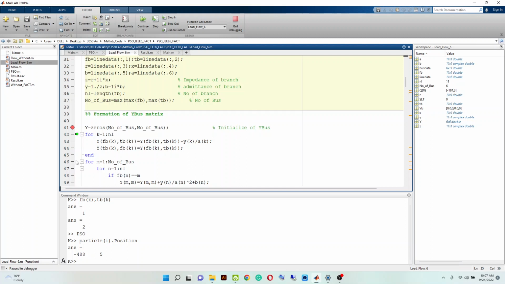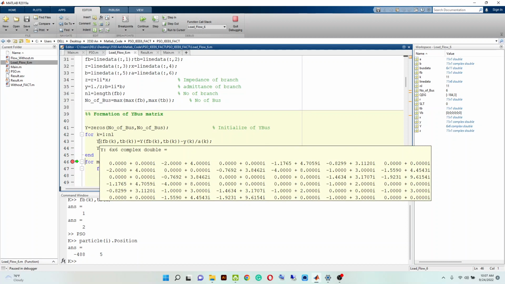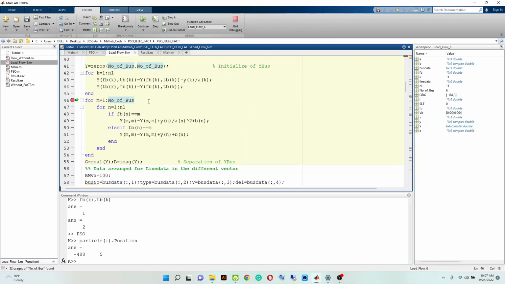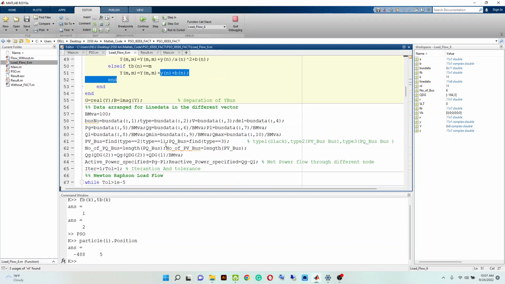Okay, so after calculating each and everything in this table, now let me move my cursor to the Y, and now this data is updated. Previously we had Y bus, initially at this time we have 0, and by subtracting the existing value with the admittance of the branch, we have now updated Y bus. Okay, and again there is a parameter to update the Y bus, and after that,